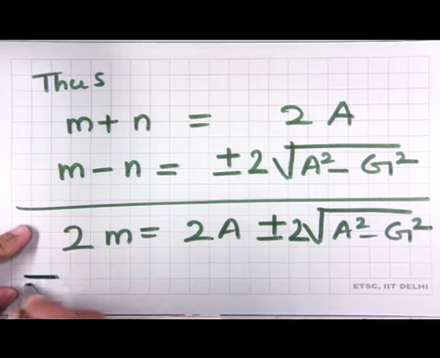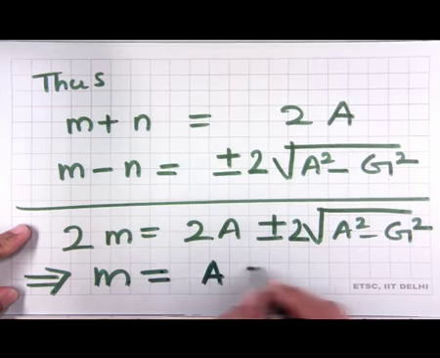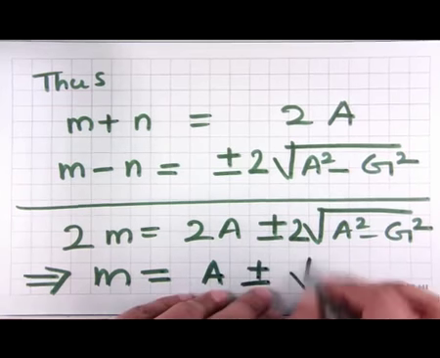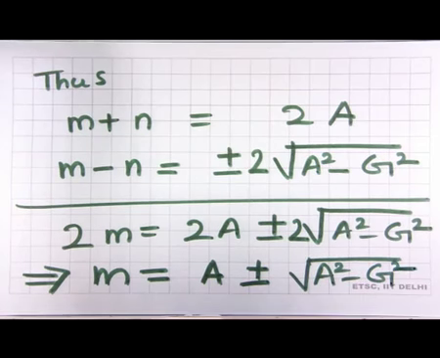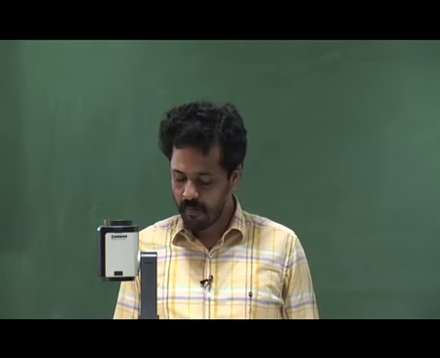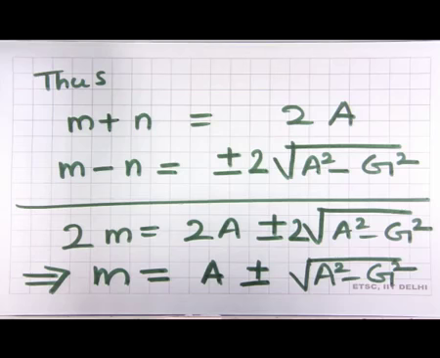Isolating m, this gives m is equal to A plus or minus root of A square minus G square. Thus, there are two possible values of m. Taking one particular value of m, namely A plus root of A square minus G square,